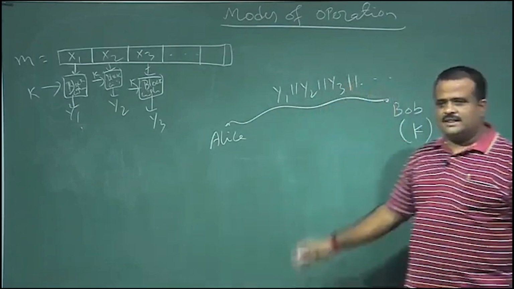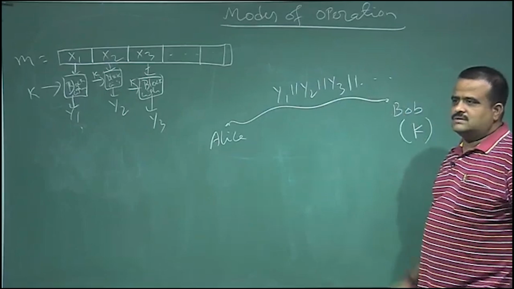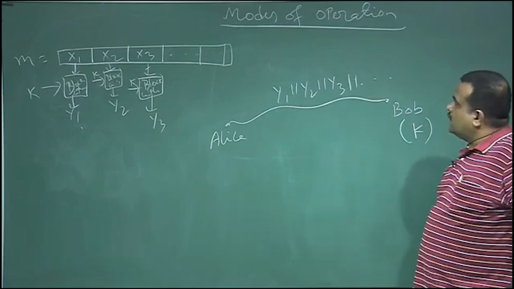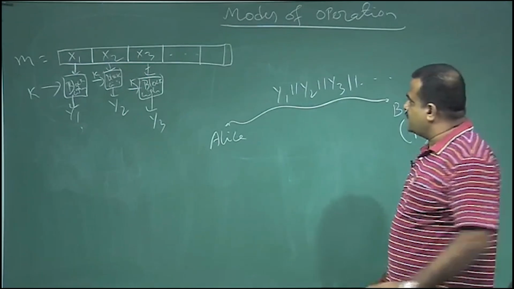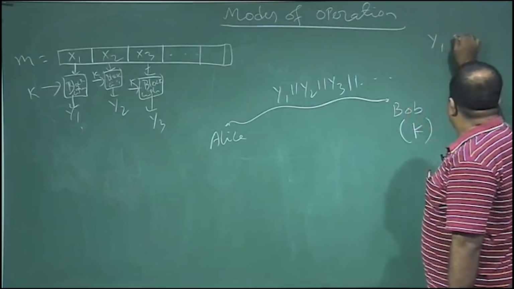So, this is the encryption, and Alice sends y1 concatenate y2 concatenate y3 to Bob, and Alice mentions the length of this message. So, what will Bob do? How can Bob decrypt it? So, Bob has this y1, y2